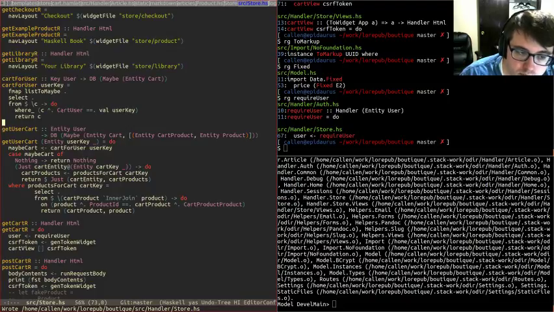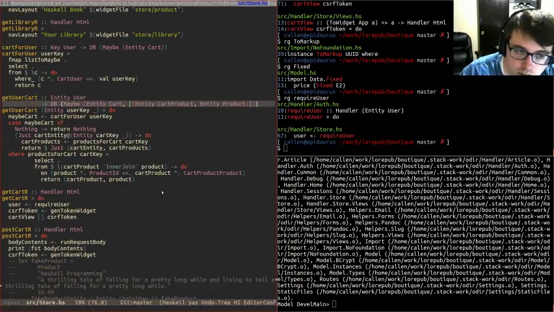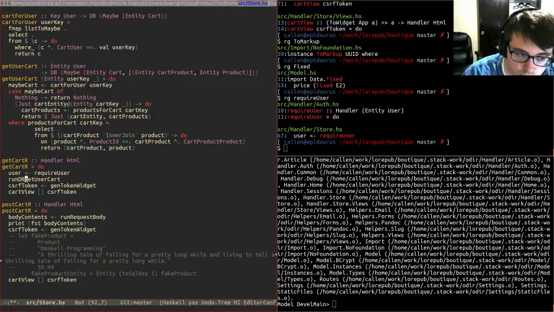Alright, so the next problem is the case where the user doesn't have a cart, then I need to create one and then add whatever product it is. So let me see here. Get user cart, run DB. So another nice thing about persistent in Esqueleto is that a persistent action, actually for SQL databases,